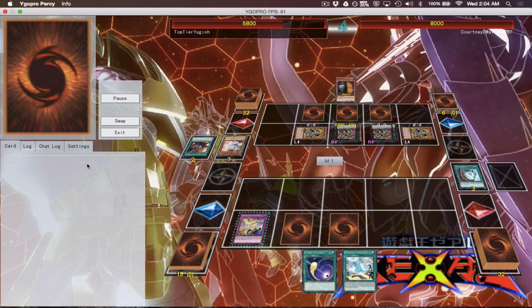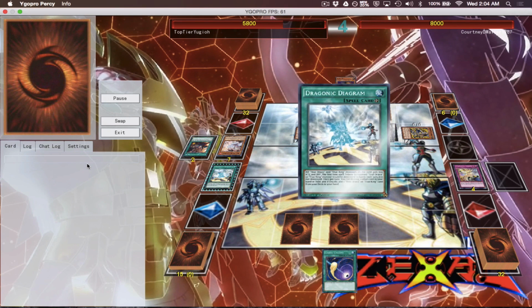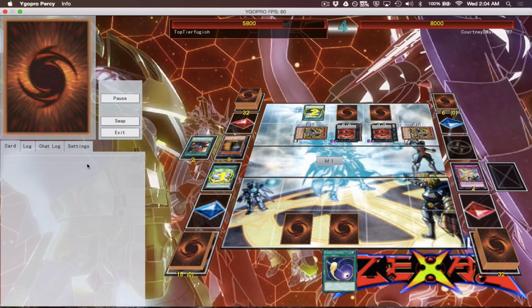All of this thinking and worrying about the Twin Twisters could be just for no reason. He might not have it, and this could be fantastic, in which case I could activate my Diagram, destroy one of my cards, get rid of one of his other back row with the Cosmic Cyclone, and then really get my plays going. But unfortunately, he does have the Twin Twisters, and he decides to use it to destroy